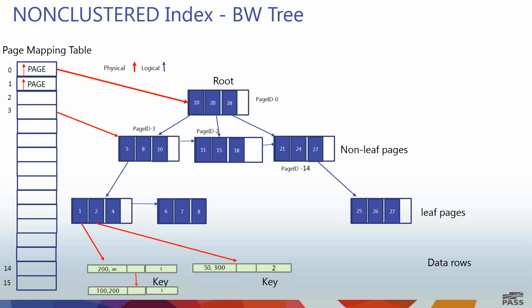And another key difference, finally, with B trees is that the leaf pages don't contain actual data rows. No, they contain pointers to the actual data rows. Now, one thing that you do need to keep in mind is that you do need to have the index key in these pages at the various levels. So this example has an integer index key, where you see at the top you have these numbers like 10, 20, 28, etc. But you can imagine if you have very wide index keys, this data structure will also become bigger.